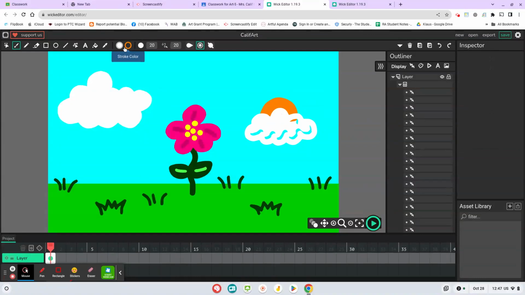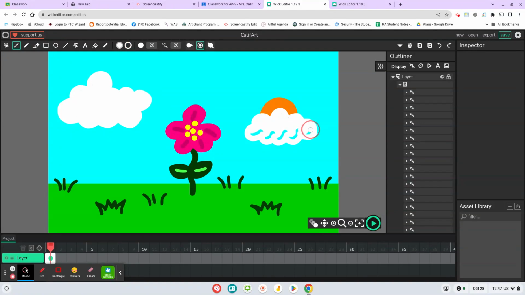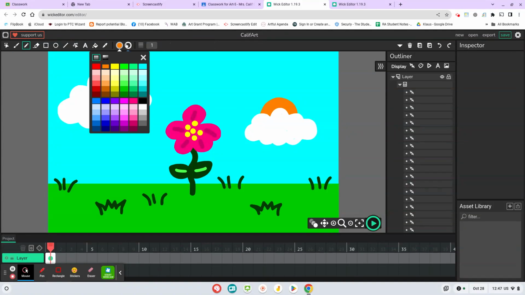Okay, so what I decided to do was to get my brush and choose white, and then come over and fill that back in, because somehow I shifted my cloud. So I am just going in and filling it in. And now I'm going to draw the rays of sun. So I'm going to go back to my orange